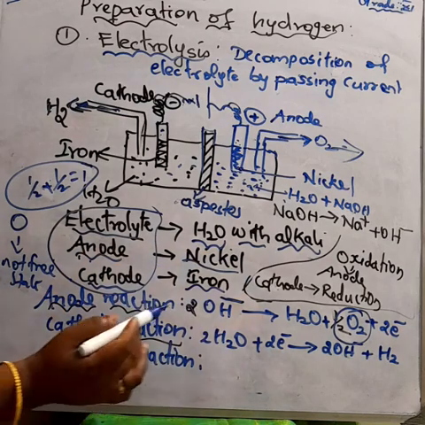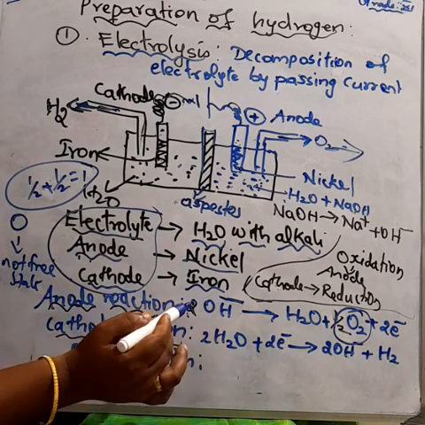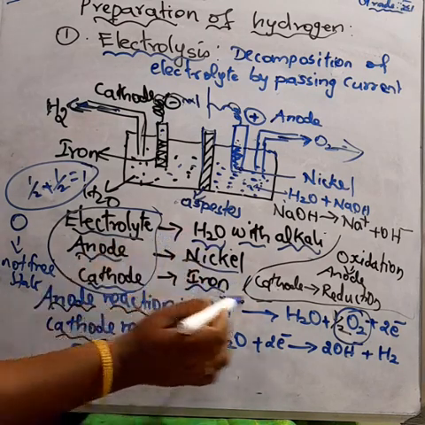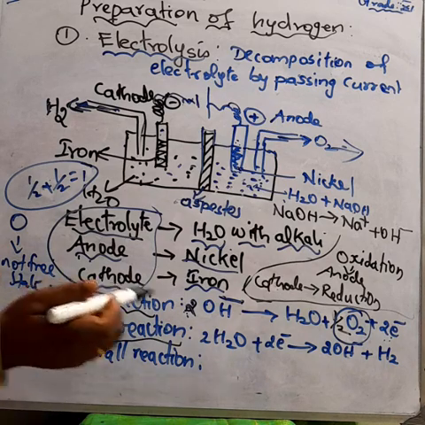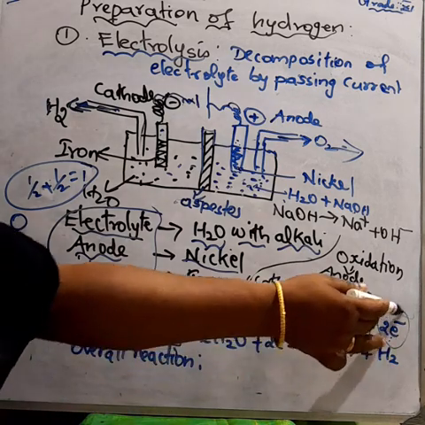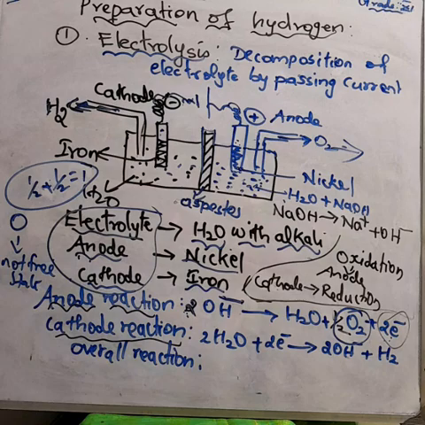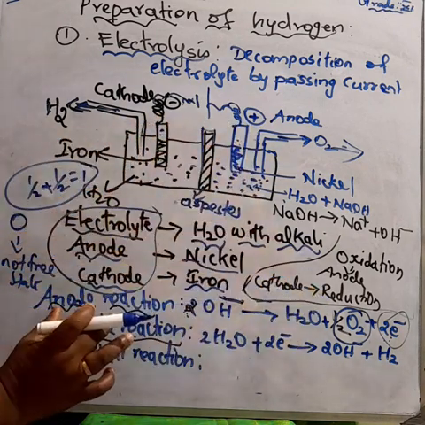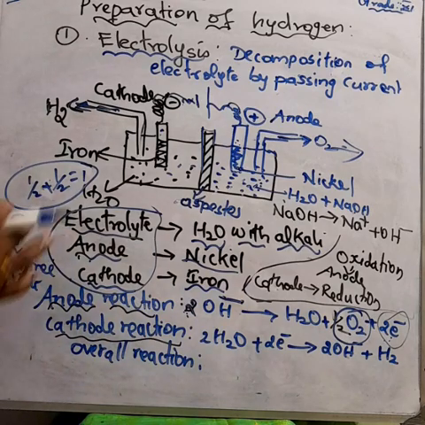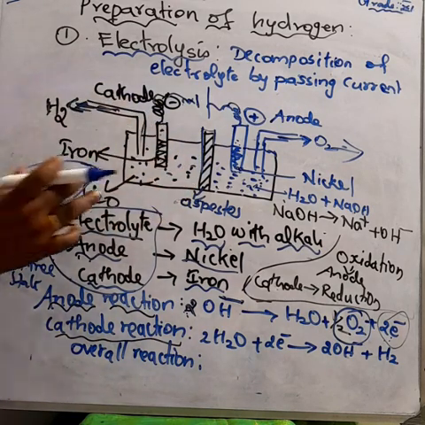How many electrons are there? 2 minus charges, so 2 electrons are released here. Understood? So oxidation is loss of electrons. 2 electrons are lost here by the 2 OH minus ions, and this is the anodic reaction. What is the cathodic reaction? At the cathode,